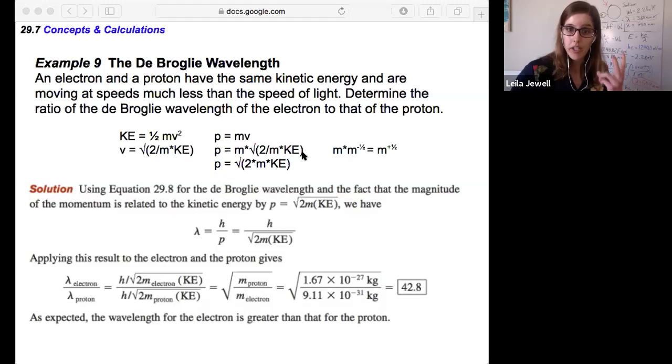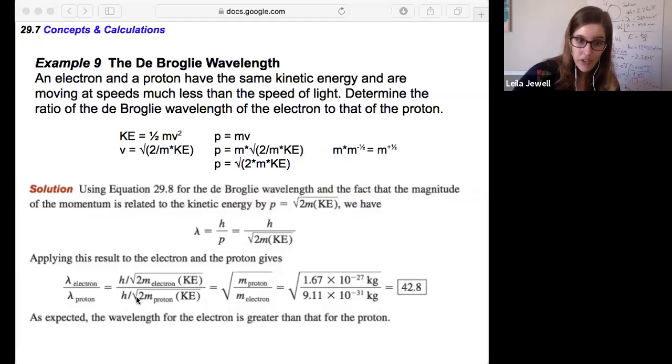So that can tell us that our linear momentum is the square root of 2 times the mass times the kinetic energy, using the fact that we have mass times the square root of 1 over mass. That will give us mass to the 1/2, or the square root of mass. So using this for our linear momentum, if we plug that into our de Broglie wavelength equation of h over the momentum, then when we calculate the ratio of the wavelength for the electron versus the proton, we find that